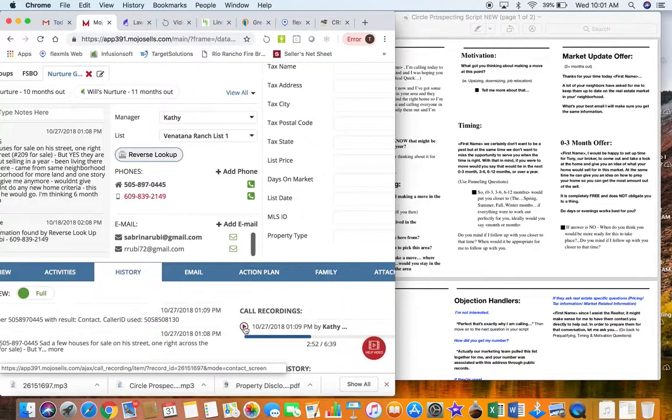And just to up that offer, going to the market update offer, I think is completely appropriate because he's more than 3 months out. Again, what I would do before you got to the offer, narrow in on timing. Hey, we certainly don't want to be a pest, but we don't want to miss out on the opportunity to serve you when the time is right. With that in mind, you said a year. You're thinking summer, fall, spring of 2019. Then narrow them down to a month if you can. And obviously, not everybody knows exactly what month, but you'll make some subjective opinion after you ask the question. And then when you get to the market update offer,